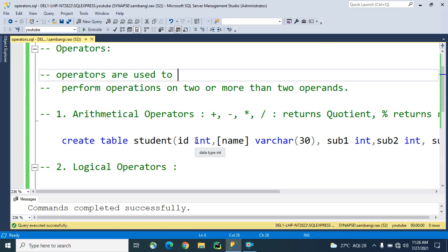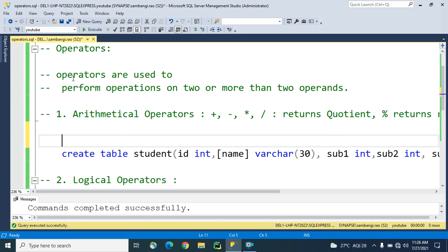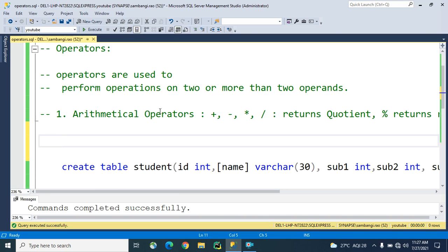First of all, what is the use of operators? Operators are used to perform operations on two or more operands, right? So we cannot use an operator on a single operand, because there is no meaning in that.